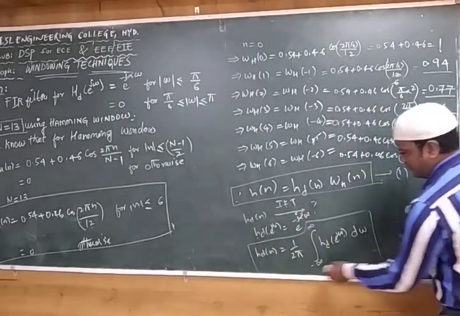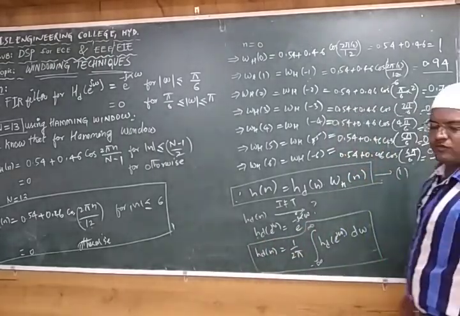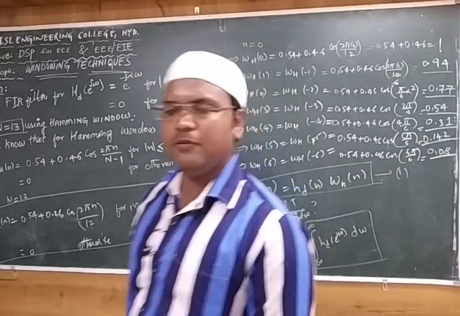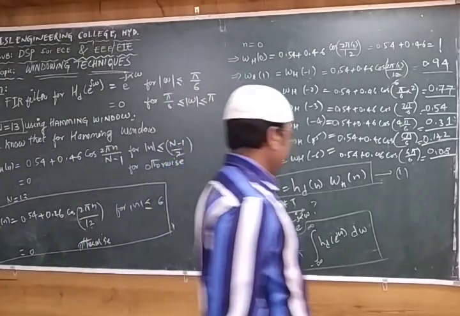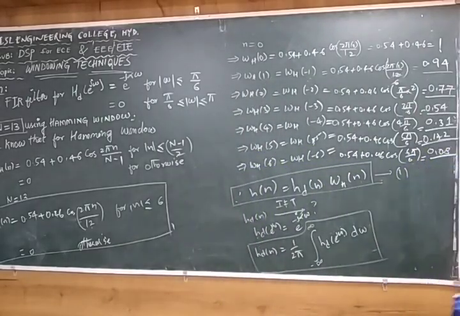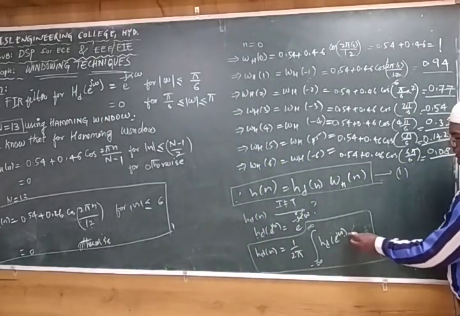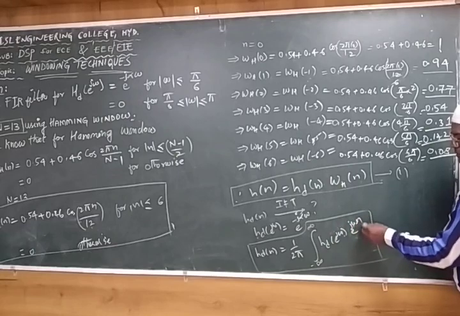This value we can find by substituting into these particular coefficients. We have already done this in the previous problems. How do we get it? By substituting e power j omega n with the values, since we are taking the pi value. So here we are taking e power minus j omega n, multiplying the coefficients with e power j omega n into d omega.